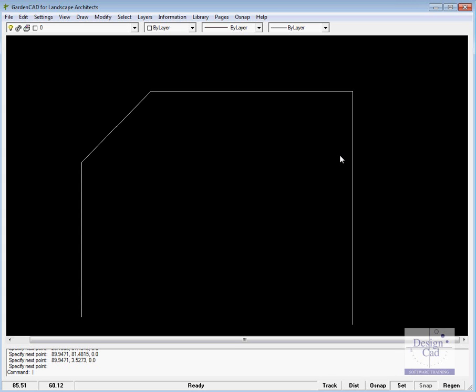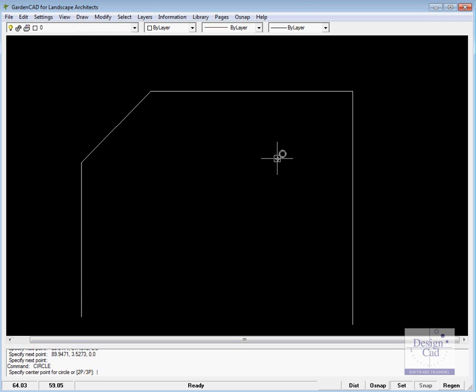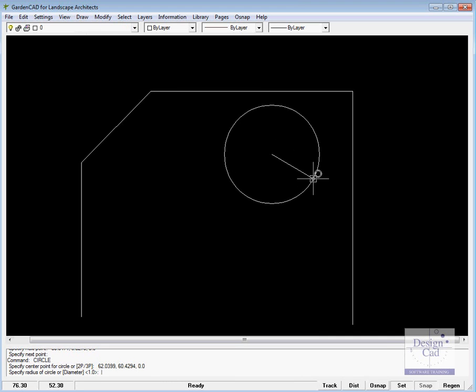Let's produce a more interesting design for this courtyard. What we'll do is draw, and we'll pick circle center radius, and we'll put a circle down in this position here. That might well become a raised platform, a timber covered platform for some chairs, tables, and maybe some cover